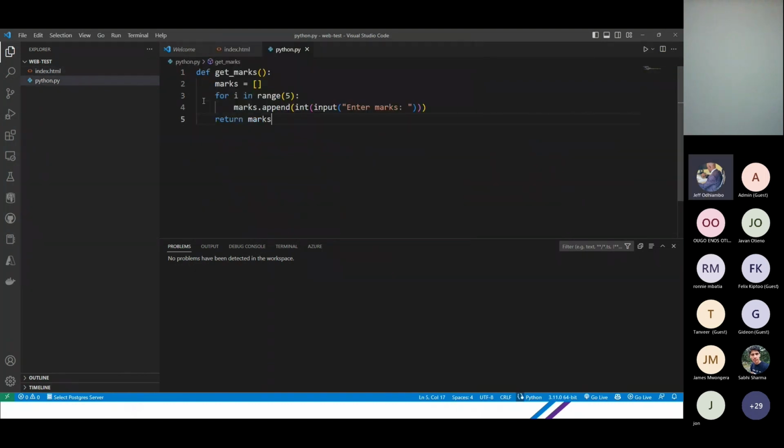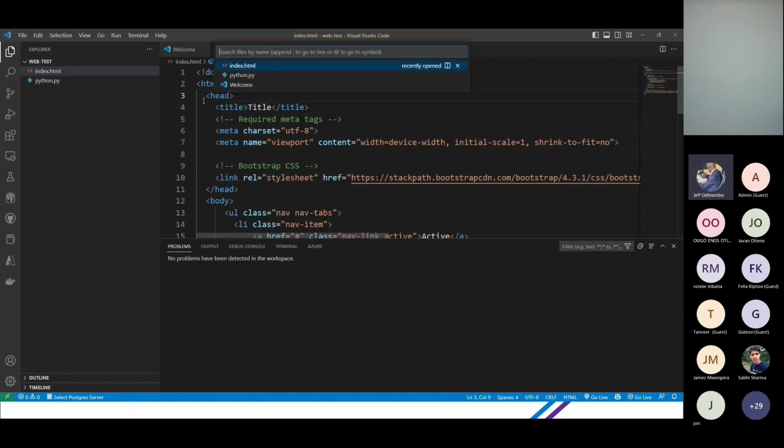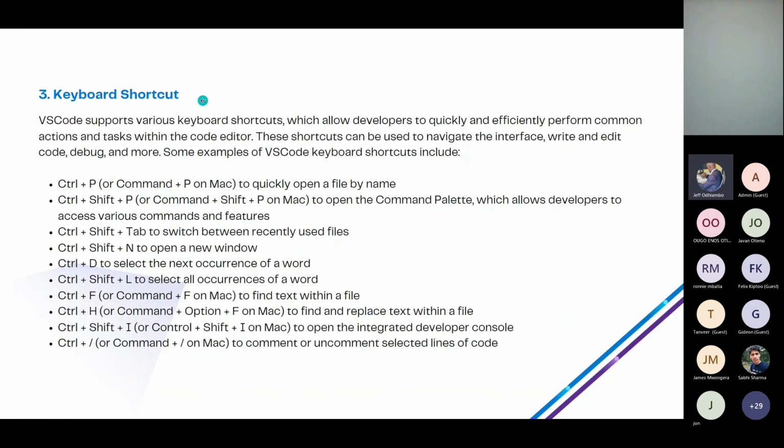So I want to open Python. Yeah, I'll just be in Python. I want to open button.html. I just use Control P to navigate between the recently opened files or the recent files that are in that particular project. There's another command which is